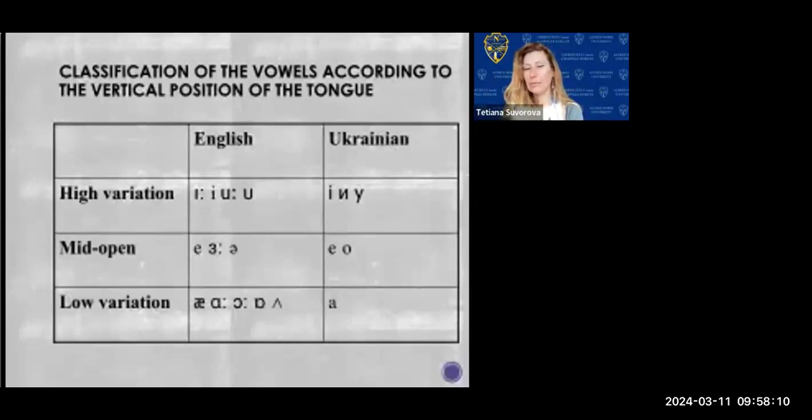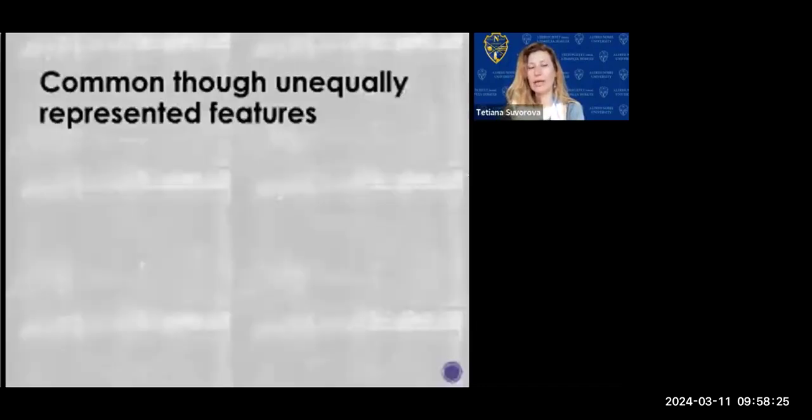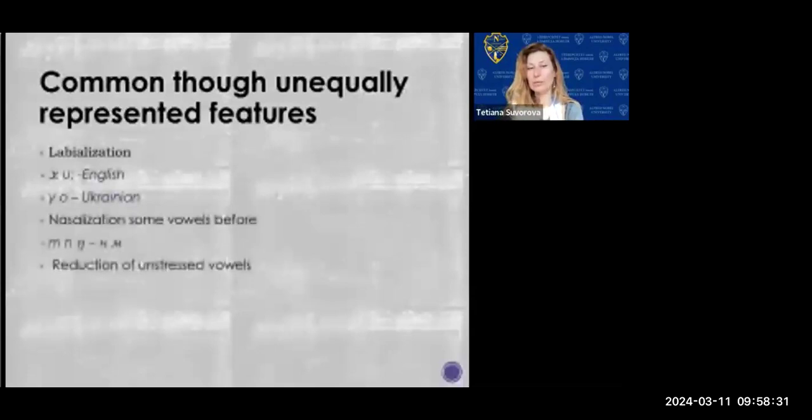As you can see, different numbers of sounds illustrate the languages. And English mostly is characterized by these positions because, as I mentioned, we have 20 vowels in English. Okay, and so when we compare things with the consonants, again, typical features, here we should mention labialization in both languages. These are isomorphic features. Nasalization, some vowels,